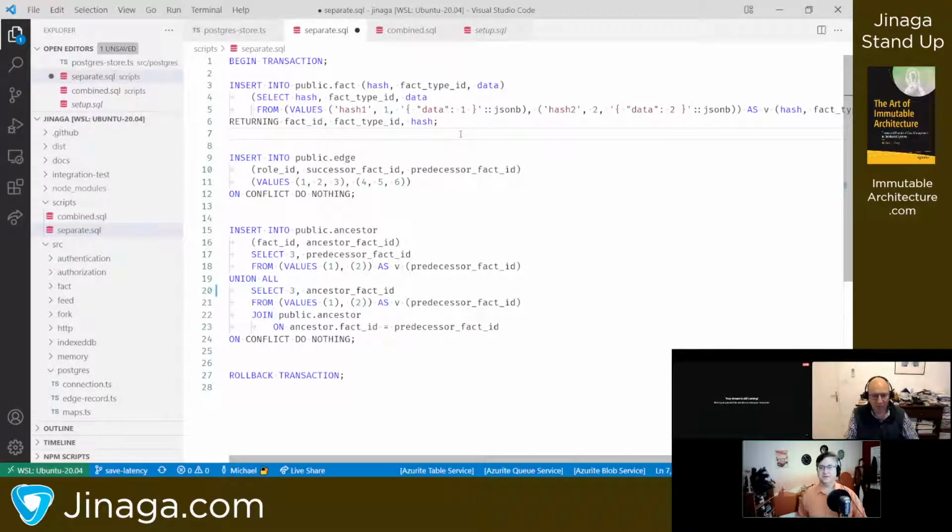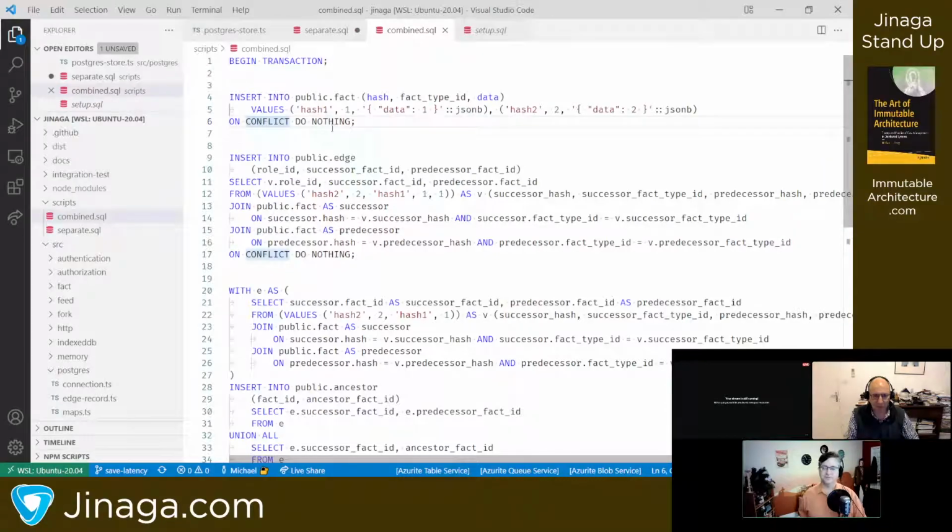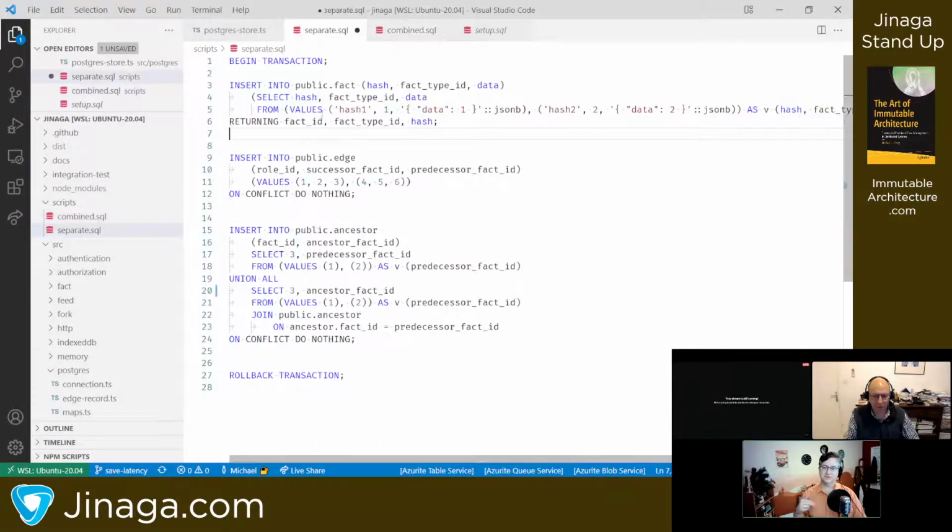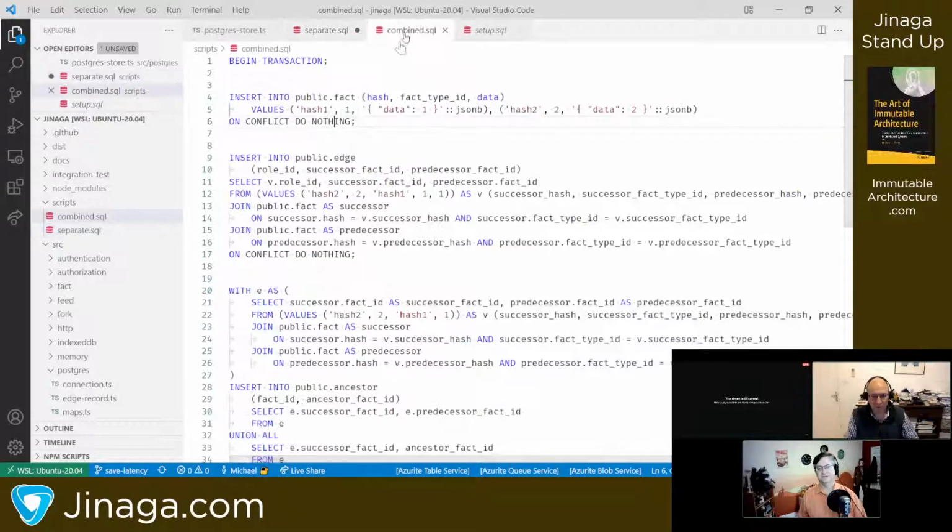The behavior is that if there's a conflict and it does nothing with that row, then it also does not return that existing fact type ID or that existing fact ID that it had a conflict with. But what you really want is, here's a set of data, merge it in with what's in there, and then give me back all the IDs. So yeah, it's kind of an interesting aside.